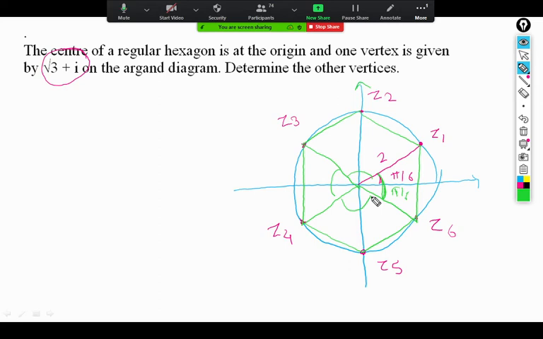There is another way also. We already observed that we get one root by algebra of complex numbers. The first thing you observed when you calculated z1 in polar form was 2 times cos pi by 6 plus i sin pi by 6. Now obviously this is a regular hexagon, so what is the angle between two successive roots? Yes, anyone?